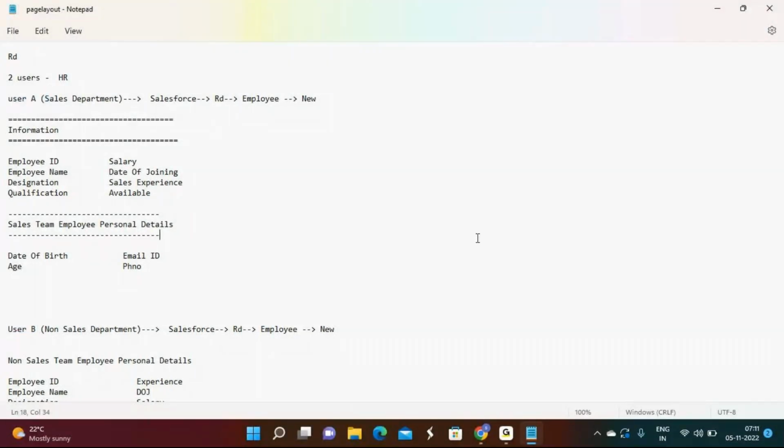Both are working in RD company and they are creating records. They have employee table access. So any new employees who join RD company, their records will be created by user A and user B. When user A tries to create a record, if you go to Salesforce, he has RD app access. When you go to the employee object and click new to create a record, he wants to have